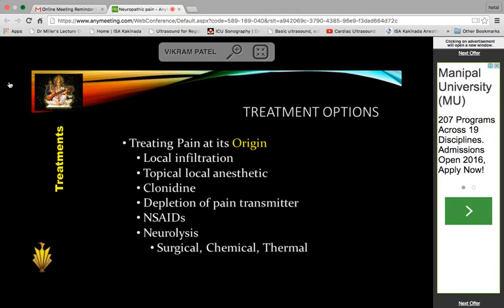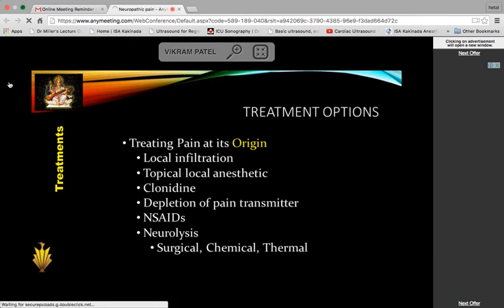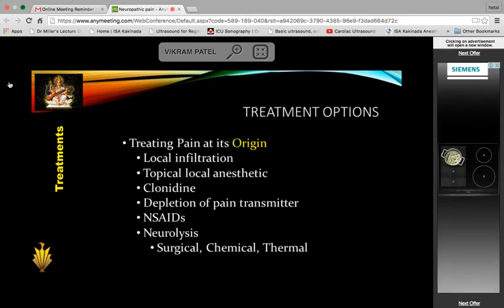Surgical neurolysis can be done, chemical neurolysis, and thermal neurolysis, which we do with radio frequency. Chemical neurolysis is done with alcohol or phenol injection, used mainly for cancer nerve treatment, and especially for sympathetic nerves, the sympathetic nervous system, and plexuses for visceral pain. Surgical: I had experience with some patients who had surgical herniorrhaphy syndrome, where the iliohypogastric and ilioinguinal nerves are encased in the scar tissue, causing